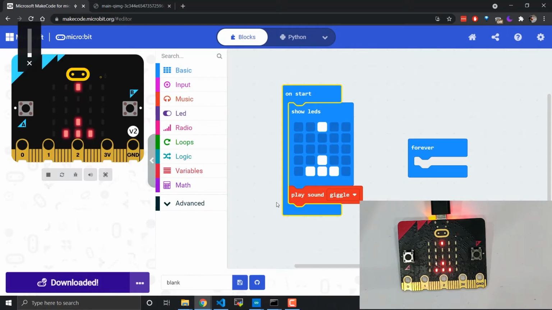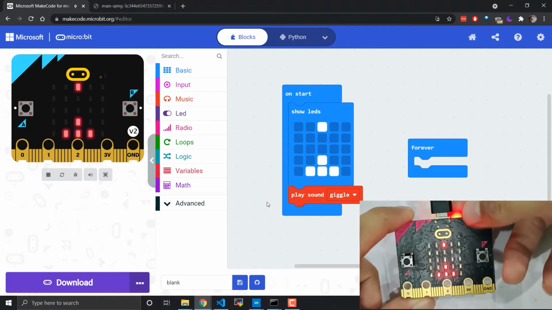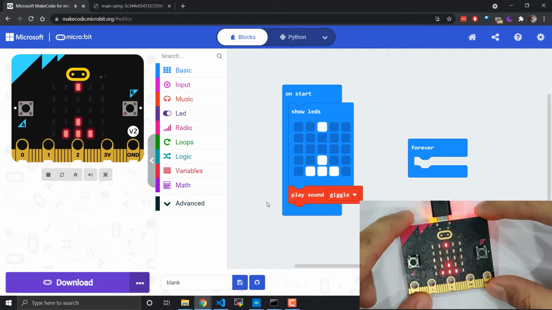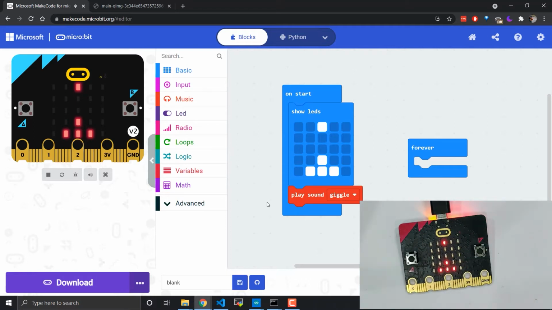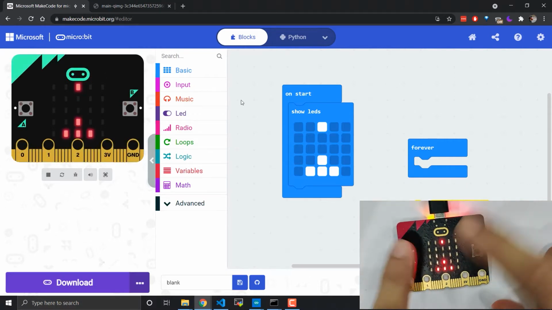So I've reduced my laptop volume to 0 so that we can hear it directly on the microbit. I'll just press the reset button once, which is behind the board, and you can see that it makes a sound. One of the other things we can do, we'll actually be using this in the main code as well, is we're going to be pressing both of these buttons for various operations.